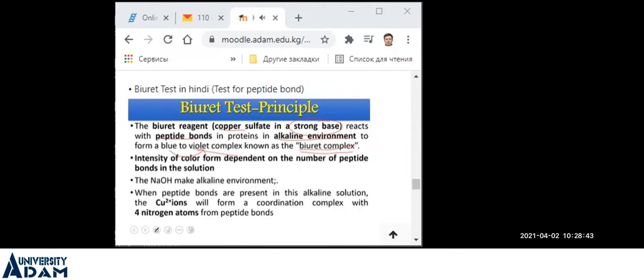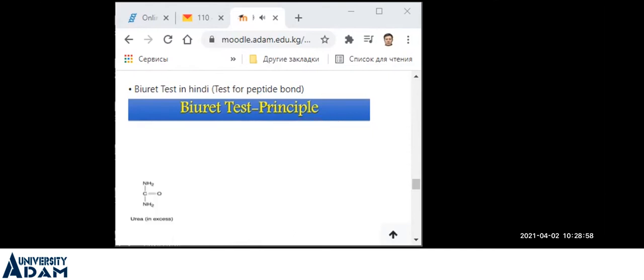एनवायरनमेंट को अल्कलाइन करता है। चार नाइट्रोजन चाहिए होता है, चार अलग-अलग पेप्टाइड बॉन्ड से, जो कॉपर +2 के साथ कोऑर्डिनेट कॉम्प्लेक्स बनाता है इन अल्कलाइन एनवायरनमेंट। हम देखते हैं आगे कैसे बनाते हैं ये चारों रिएक्शंस। तो सबसे पहले हम देखेंगे कि बायूरेट कैसे रिएक्ट करता है। तो ये यूरिया है।